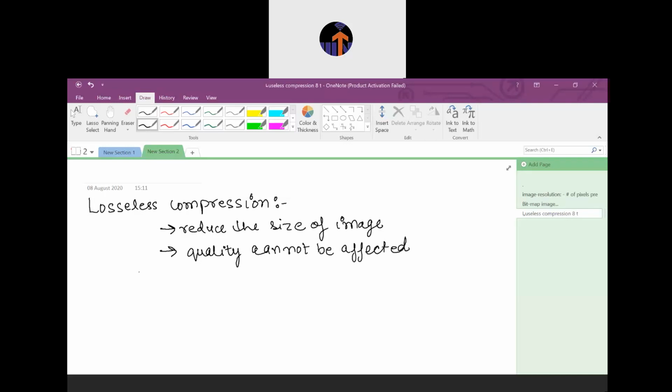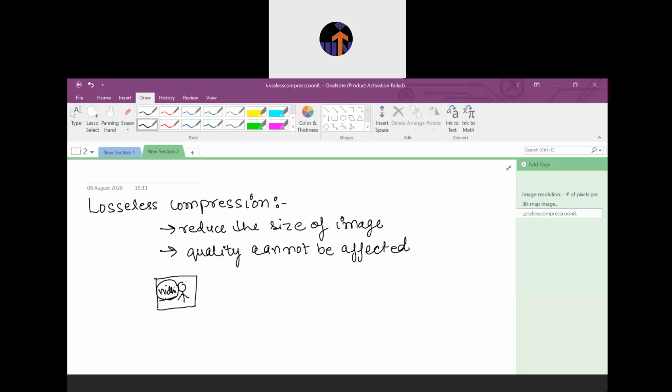So what is an example of lossless compression? Suppose there is an image, and here there is an object and behind it some text is written, suppose Nidhi, my name. If I want to perform lossless compression, my overall aim is that the visibility of this text will not get reduced, otherwise the image will be of no use. If you cannot tell that the girl in the image is Nidhi, that her name is Nidhi, then you cannot compromise the quality by using lossless compression.